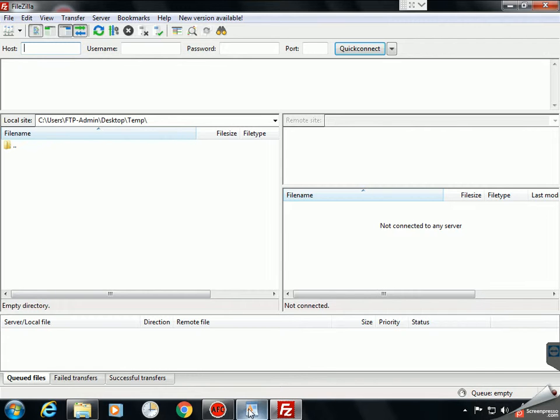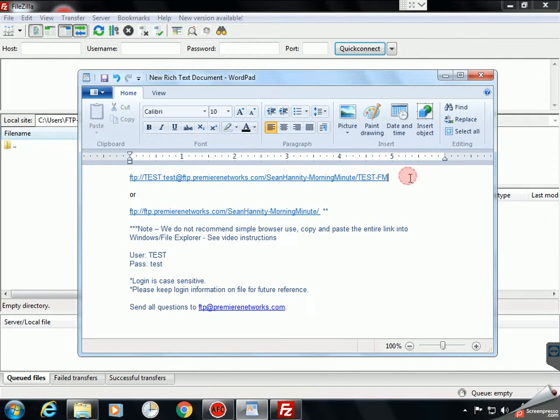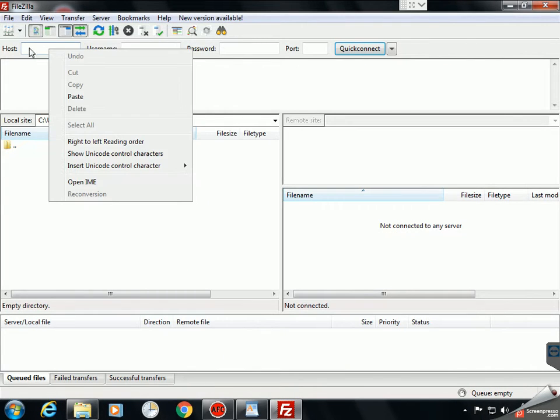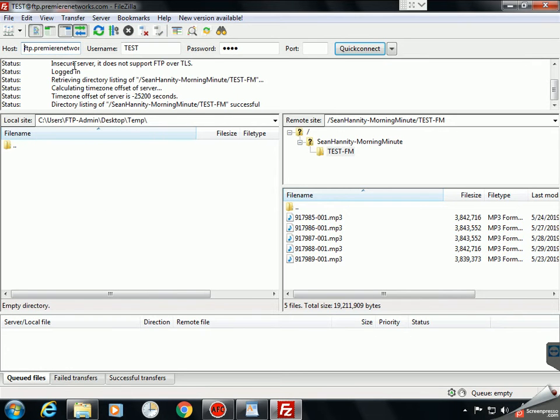And one of the things that's nice about this is we can come here to our embedded link, again, highlight the whole thing, right click and copy. We can right click in the host box of the quick connect bar, paste, and hit enter, and Filezilla will automatically parse out all of the information that we need and log us into the server, browse into our station folder,